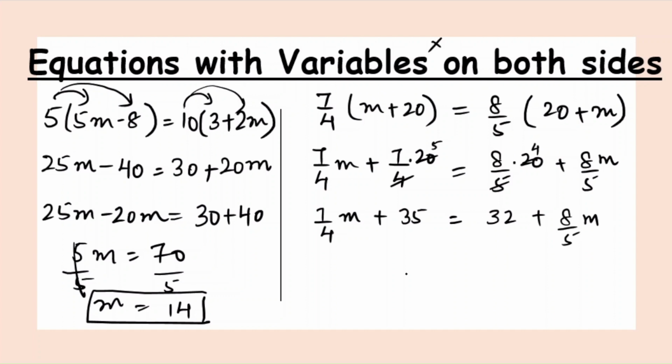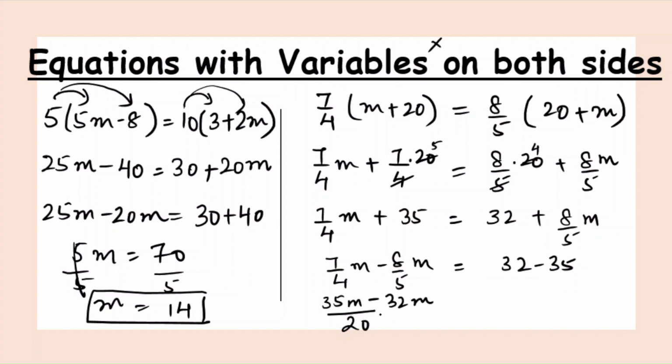8 fifths m. Now bring all the constants on one side and all the variables on one side. So 7 fourths m minus 8 fifths m equals 32 minus 35. When you will solve this, the common denominator of 4 and 5 is 20. So you get 20, and 7 times 5, 35m, minus 8 times 4 is 32m, equals 32 minus 35 is minus 3. Now 35 minus 32, okay, I'll write it over here, there is little less space. 35 minus 32 is